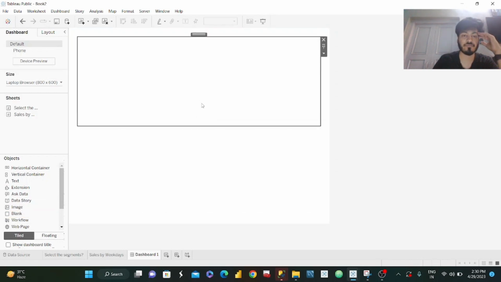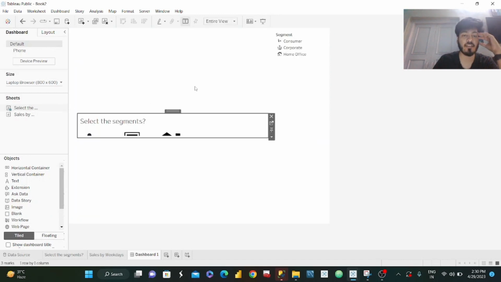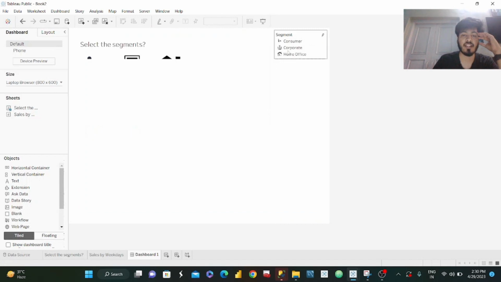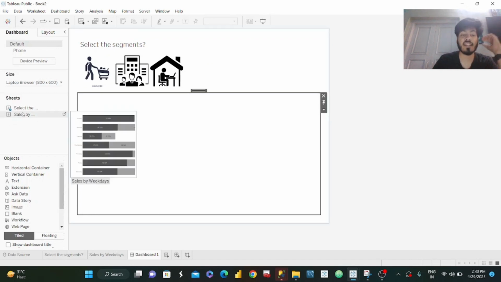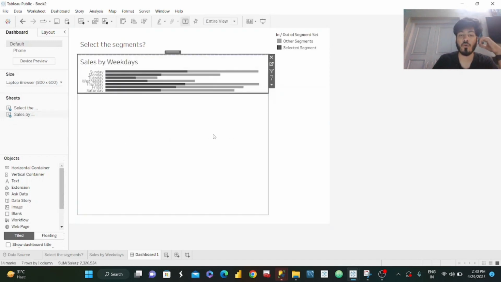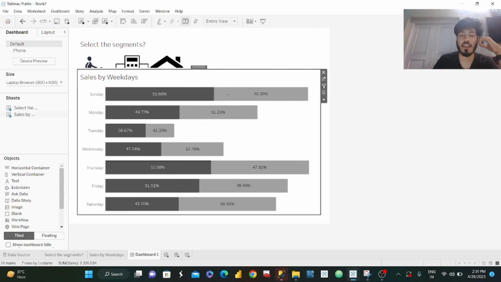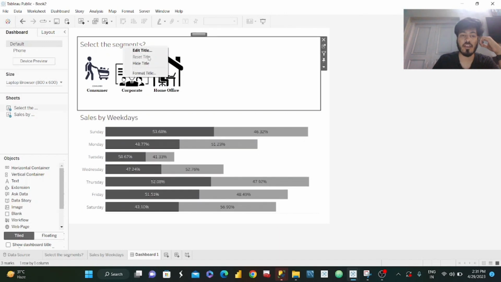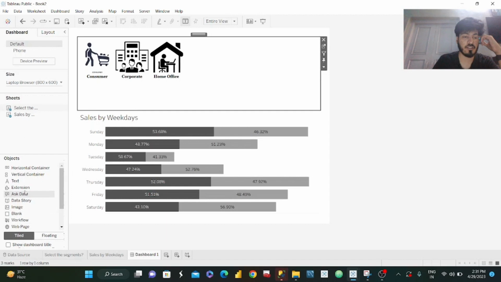Perfect. So now what I want is to show the category here, and I can just remove this blank and remove this. Okay, just scroll a little bit and drag the sales by this two down and remove the blank, and delete this container, and scroll down and hide the title and give one more vertical container